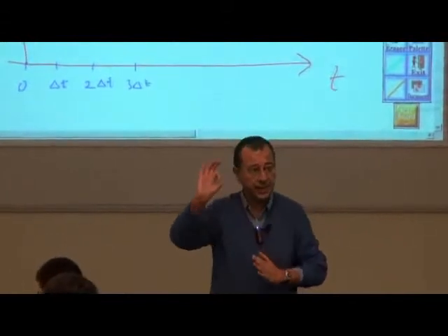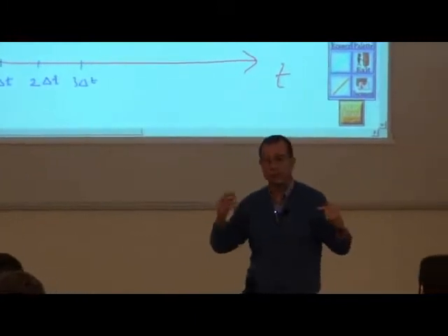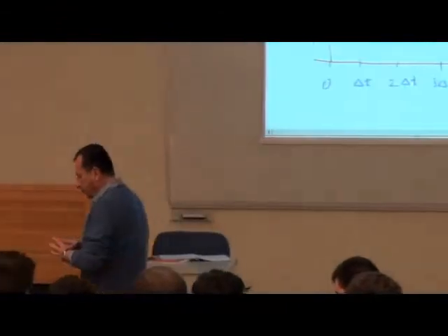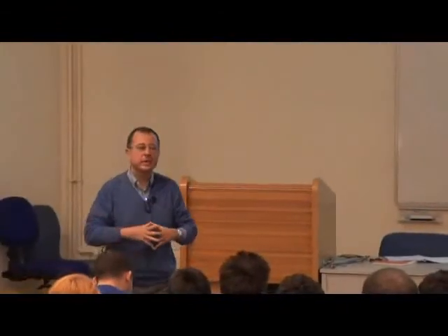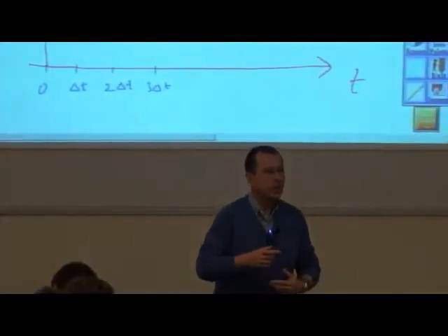And we discussed the concept of exact velocity at each moment in time. And then, based on that, we developed the concept of the derivative. Okay? Now, this week, we will